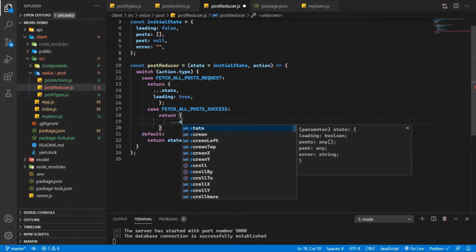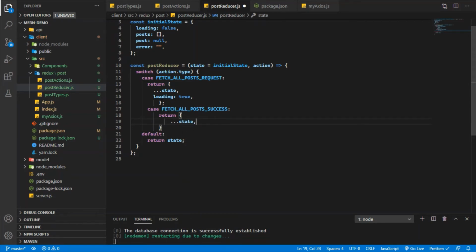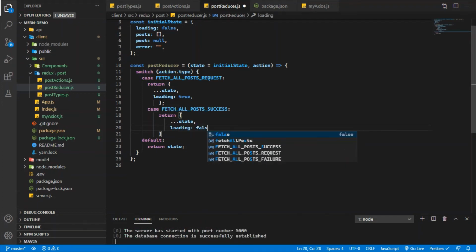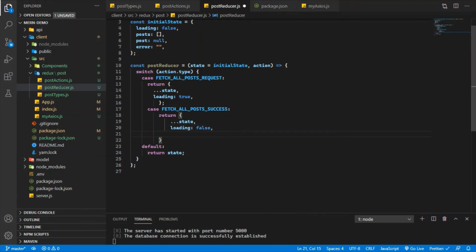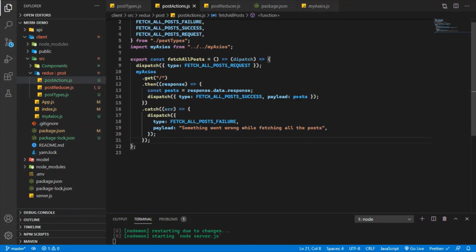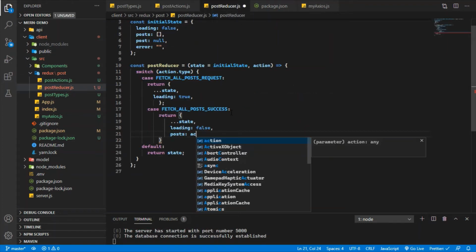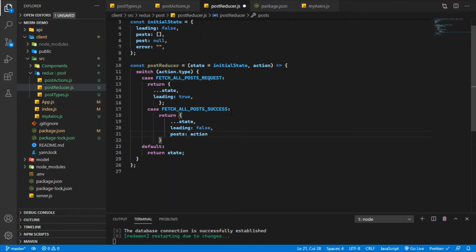And just like before, I'm going to copy the state, and then I'm going to set the loading to false, and then I'm going to take the posts. And as you remember, I'm going to send a post in payload. So action.payload,